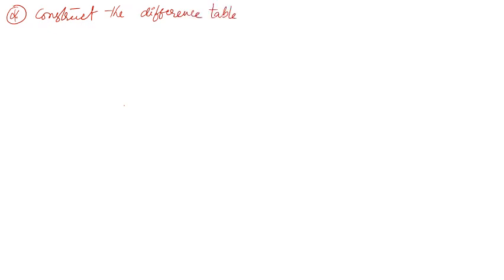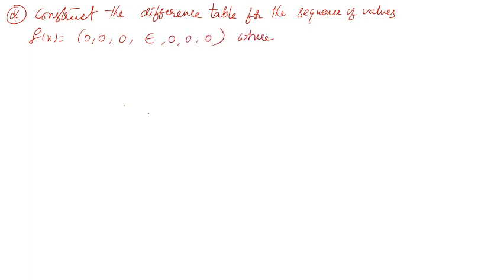Construct the difference table for the sequence of values f of x equal to 0, 0, 0, epsilon, 0, 0, 0, where epsilon is an error. Also show that